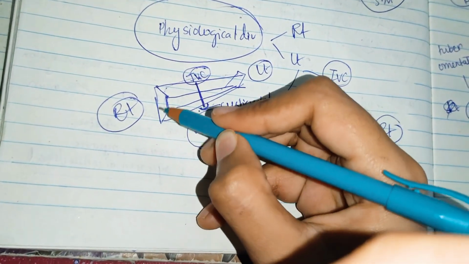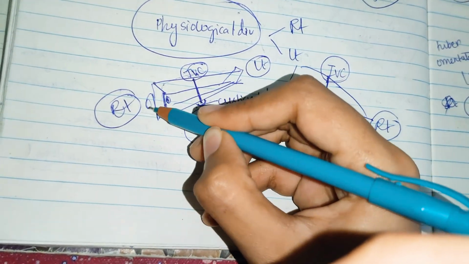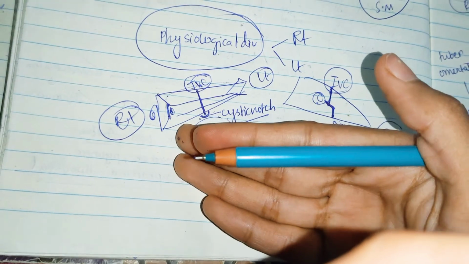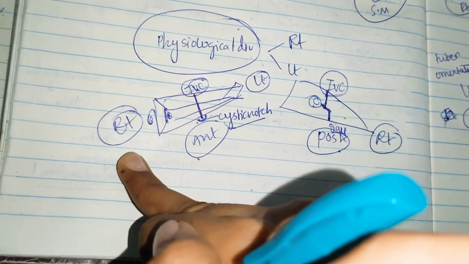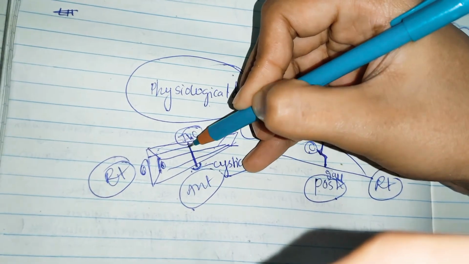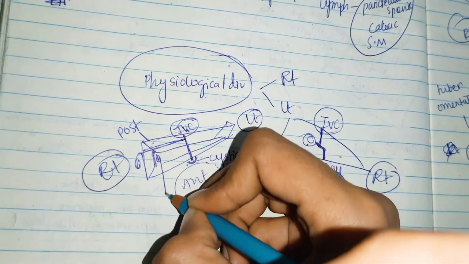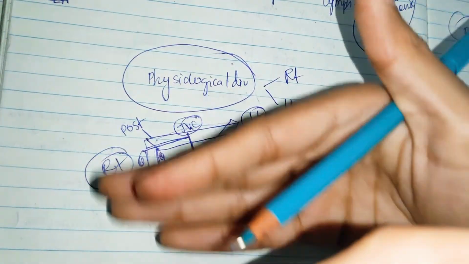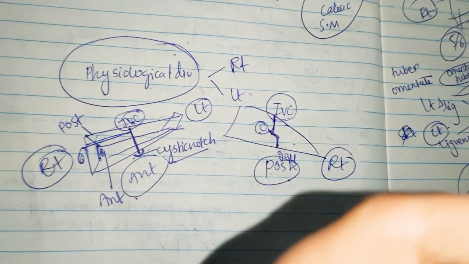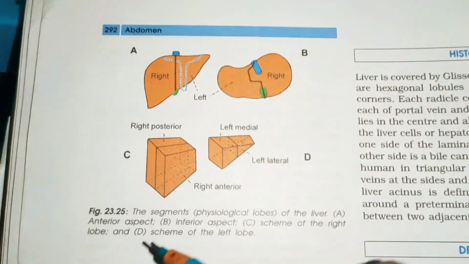So now you can see this, for example, this is the anterior surface, this is the posterior surface of the liver. So this right side of the liver is in turn divided into anterior and posterior. So let us draw a line like this. So this will be the posterior side and this will be the anterior side, okay. So posterior, anterior. So let me show the real diagram instead of this, okay. So this diagram will be clear.